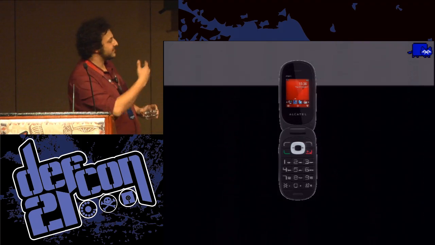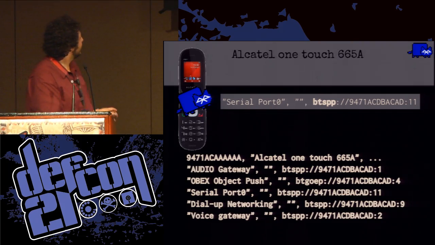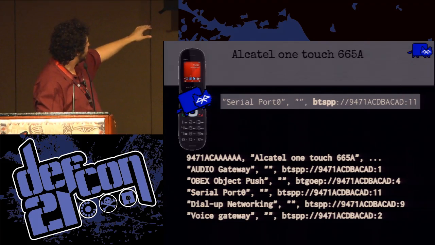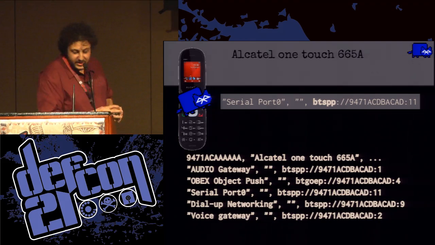So let's look at the next phone. So this is Alcatel, right? So let's take a look at Blucat. Gives us the device name, some audio gateway, object exchange, dial-up networking, right? So we can use it as a modem, and then we just have a serial port. So if we just connect to the serial port,